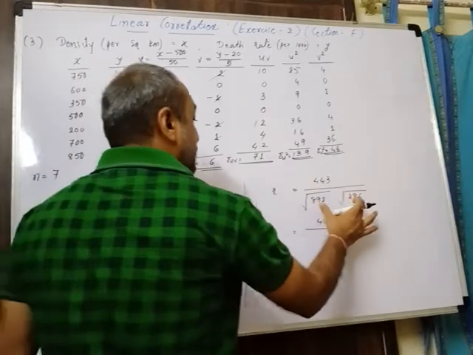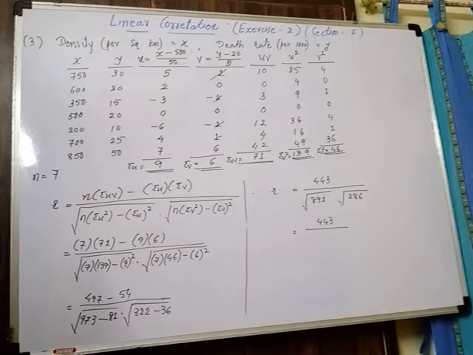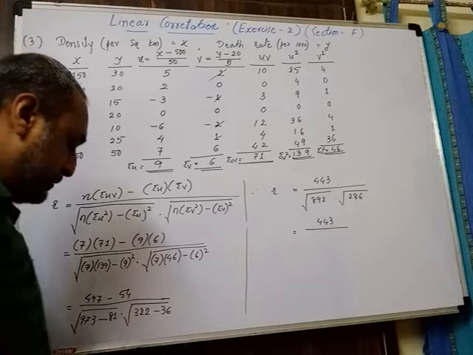Now we have to multiply these two values and then find its root. So 892 into 286 and its square root, it is equal to